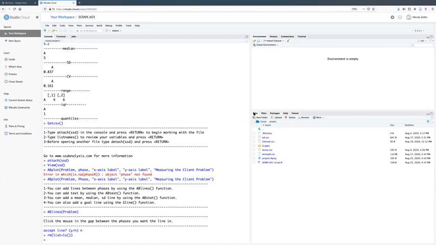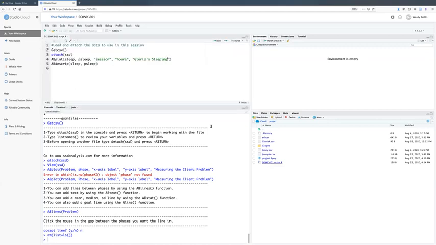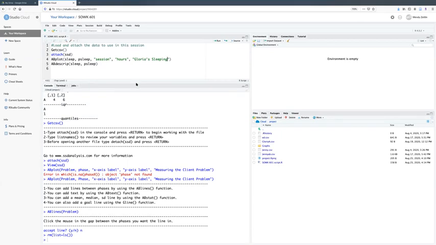The first thing we're going to do is to use the script that we created last time. So I'm going to open this up, and our console will drop down, because this is exactly what we created last time, and we'll be able to use this again. And then the next thing that we're going to do is we need to upload the data that we just created. So I'm going to go to Upload,